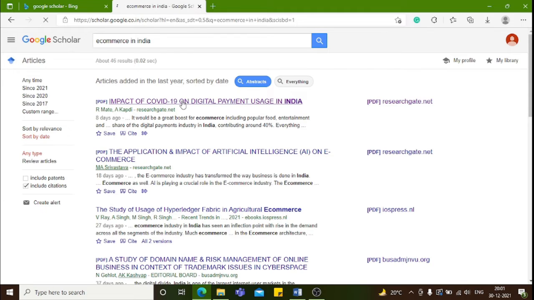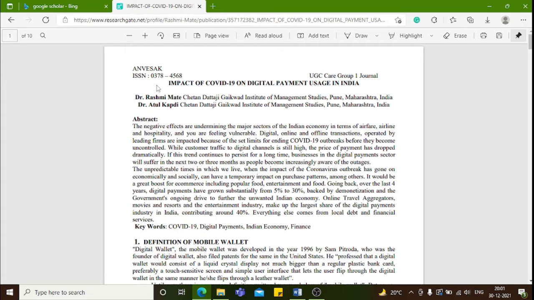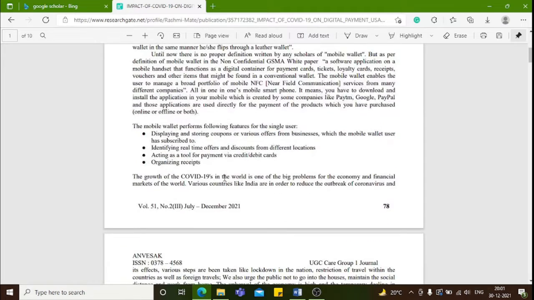So let me open the paper at first here. So I click on the link and it opens the paper. And here you can see that at the top it gives the name of the journal, ISSN number, title of the work, and then the author details. And also here at the bottom of the page we also get other details like the volume number and the publication date. Okay, and also the page numbers for the journal publication.